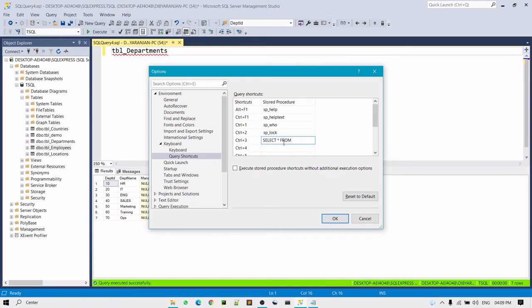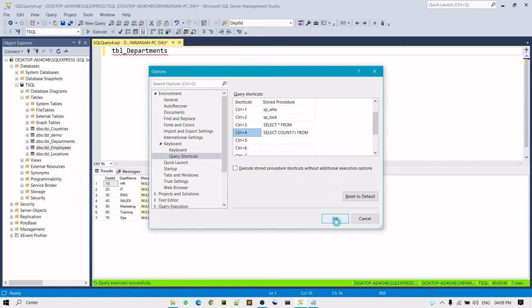I'll create a new one here. Suppose I want to create a select count star from. I'll be assigning this Control plus 4 option to this select count star from.